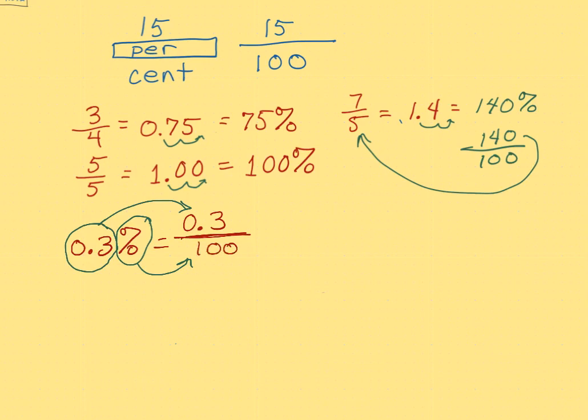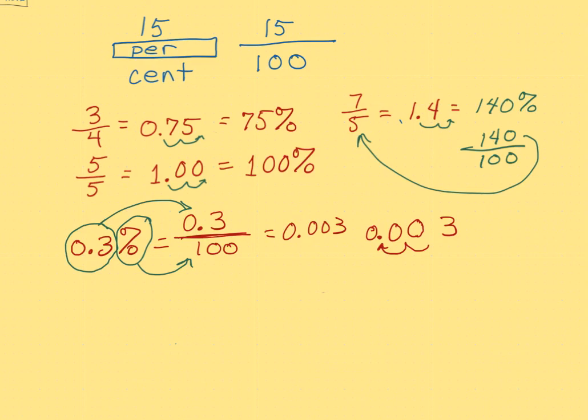What is that? Decimal over 100. What happens if you divide by 100? Dividing by 100, remember, moves the decimal place 2 to the left because you're dividing. So this will be 0. Oh, and I'm going to put a 0 out in front. So 0.3% is equal to